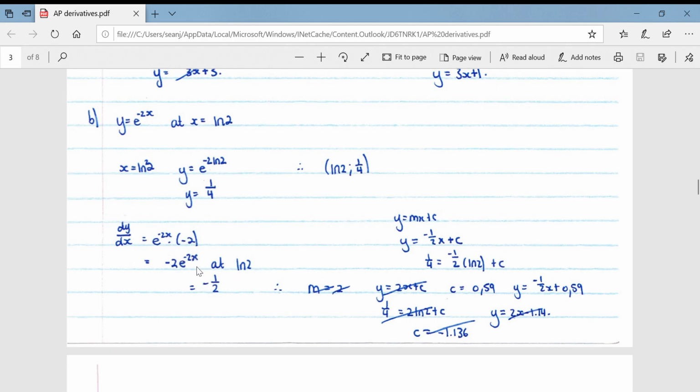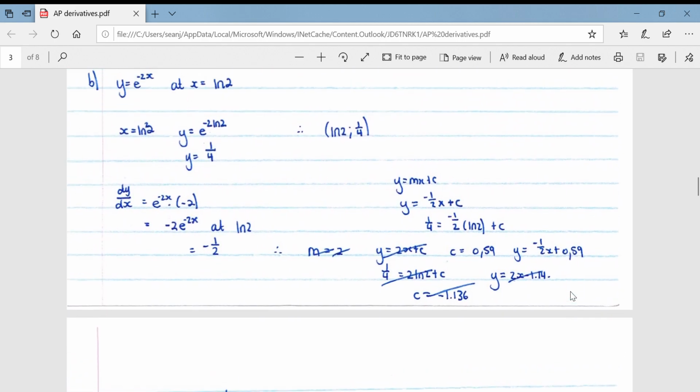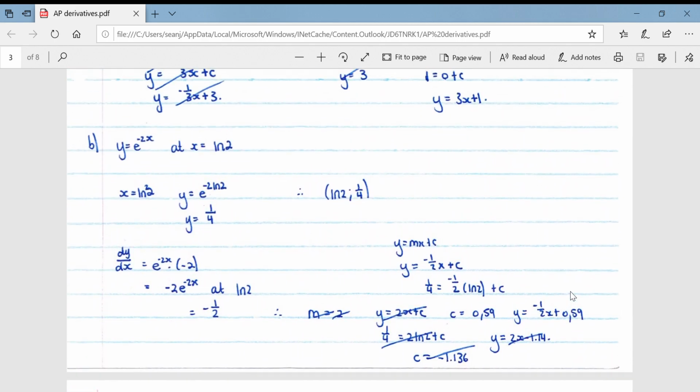And then what we get is that. Then we sub in ln 2 to find the gradient at ln 2, and that happens to be minus 1 over 2. Then we use these two points, simple maths, and we get y equals minus 1 over 2 x plus 0.59. That concludes the video on derivatives for the AP section,